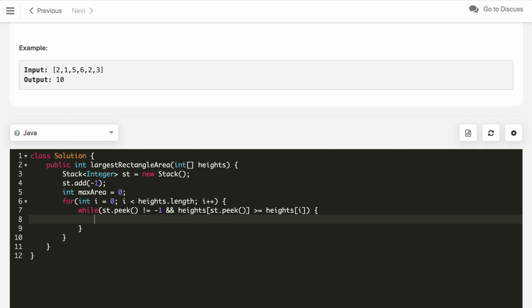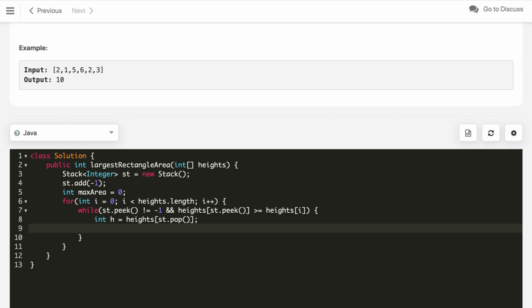In that case, we will first find the height, which will be the height of the stack's peek element. We will pop that element, because the next element we are getting is smaller, and after that we will also get the width. Width will be i minus the stack peek, the last boundary of that rectangle, minus 1.